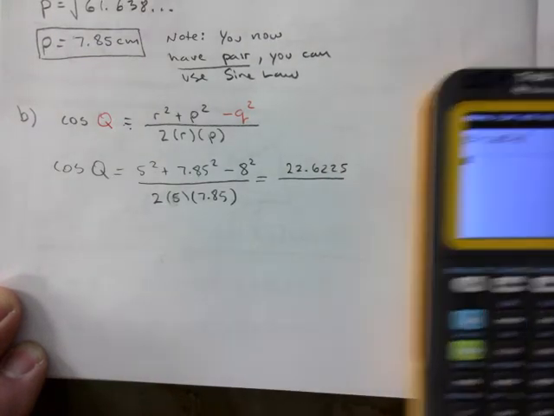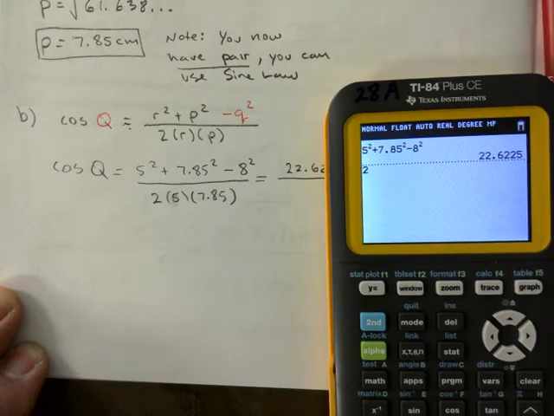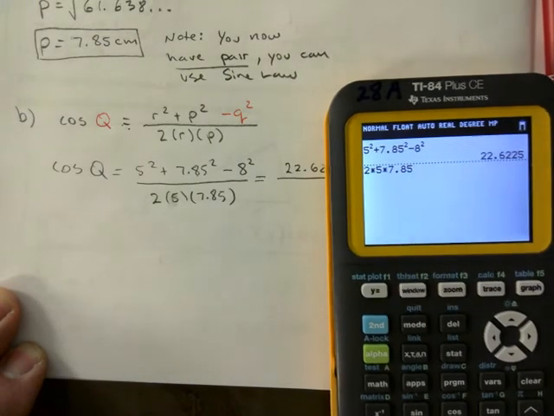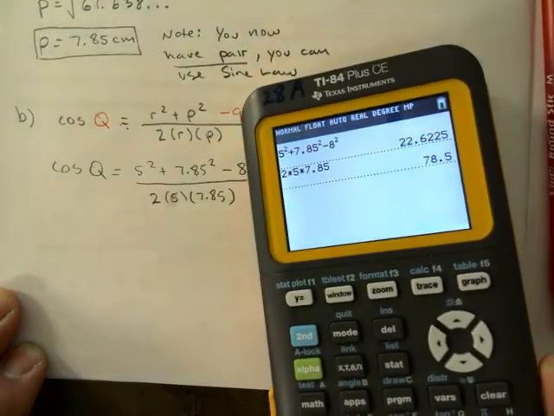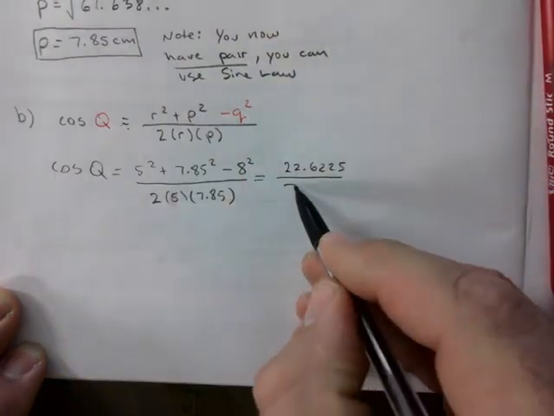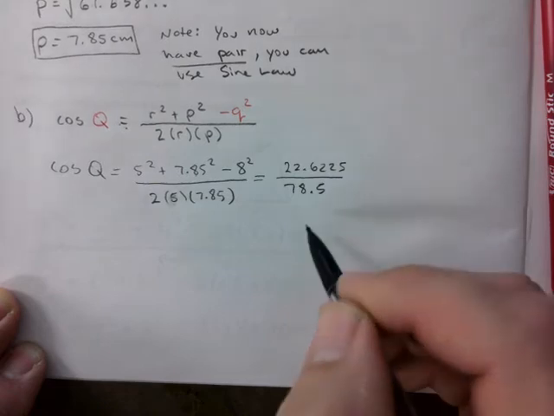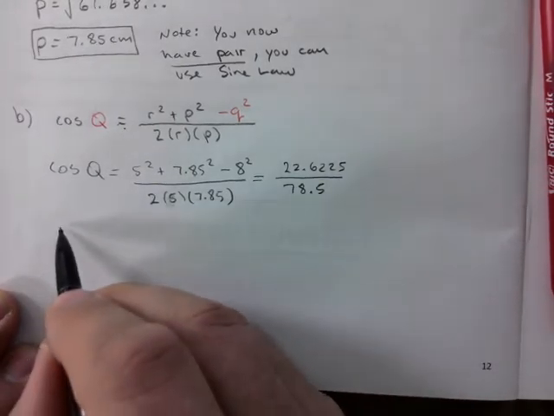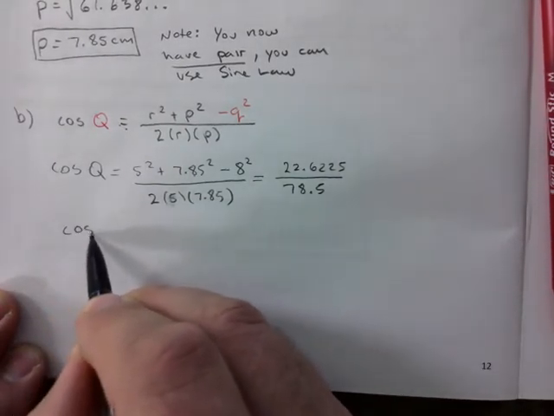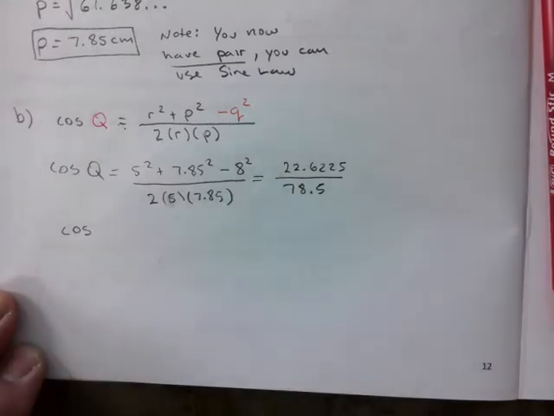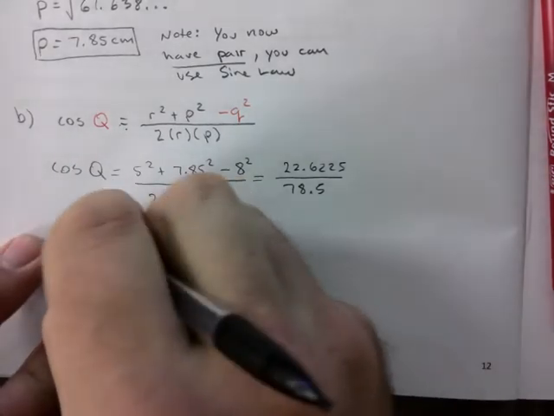Okay, then you do the bottom, 2 times 5, which is 10, right? Times 7.85, we've got 78.5. And then you go like this. Cosine, or can I do it in one shot? I will do it in one shot. Saves you